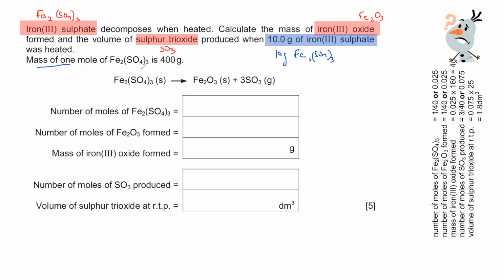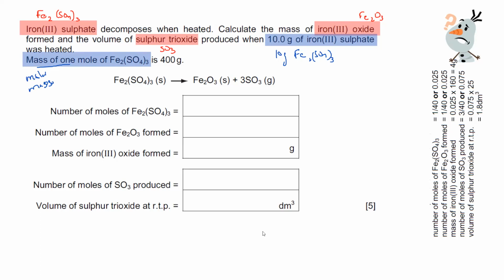And the mass of 1 mole, whenever they say mass of 1 mole, they are giving you the molar mass or molecular mass. So in some questions you don't have to use a periodic table to get the molar mass. Why iron 2? This is a charge on the iron, iron 2 or iron 3, because as we have already discussed